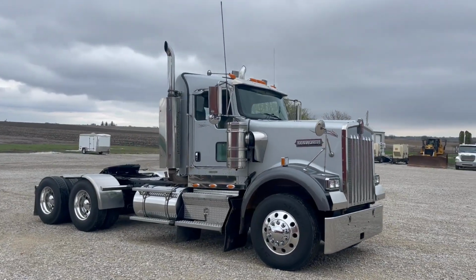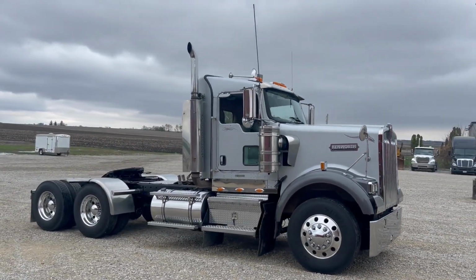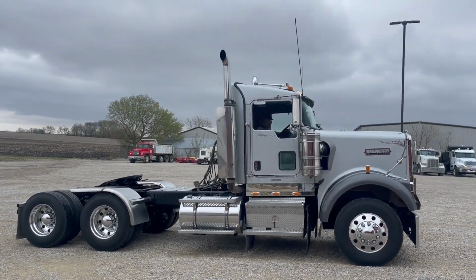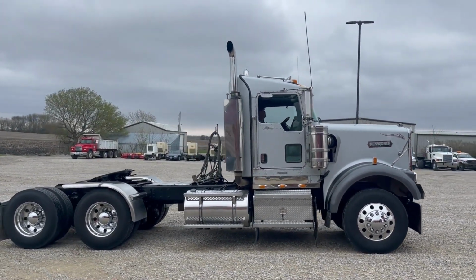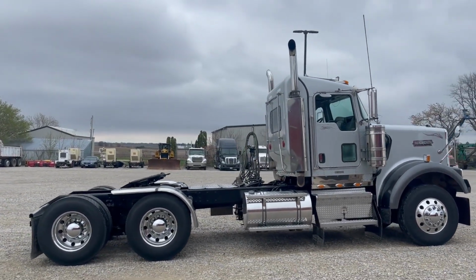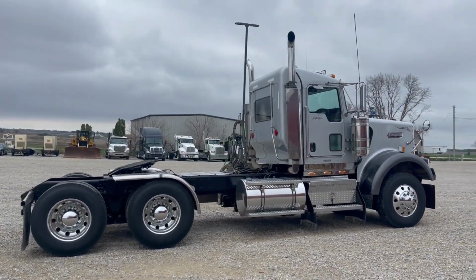So next up, guys, got just a really nice truck here. So this is a 2006 Kenworth W900. I'll go around and give you a nice 360-degree view. You're not going to find many W9s that are just as low mileage as this one. Only 340,000 miles, guys. You got a Cat